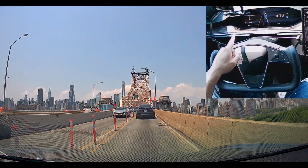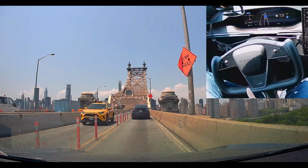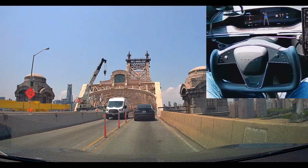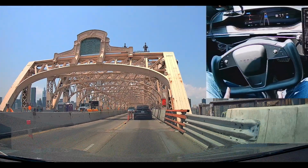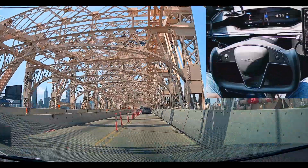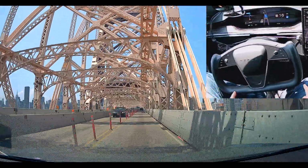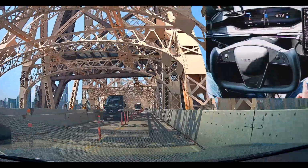As you can see, these little orange sticks. You see my steering wheel? The car is freaking out over these little sticks here, as you can tell. You see that? On the previous 12.3 versions, it would just kind of go straight, and it wouldn't do this rapid jerking of the steering wheel with these orange sticks here. But now, with this version, it keeps twitching the steering wheel because of these orange sticks here, and also the